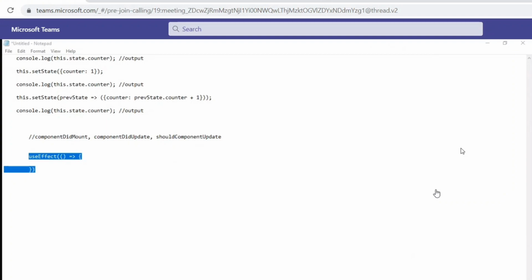Then the reducer informs the store that the state has been updated. Then the store informs the React component that it needs to re-render because the state has changed. So this is how the Redux flow works. It follows a unidirectional way.